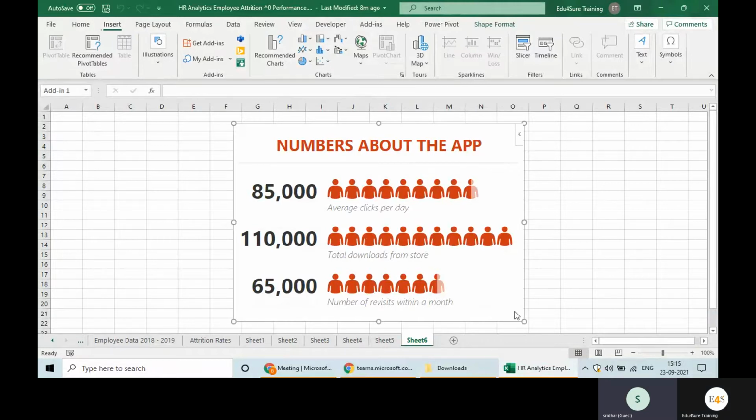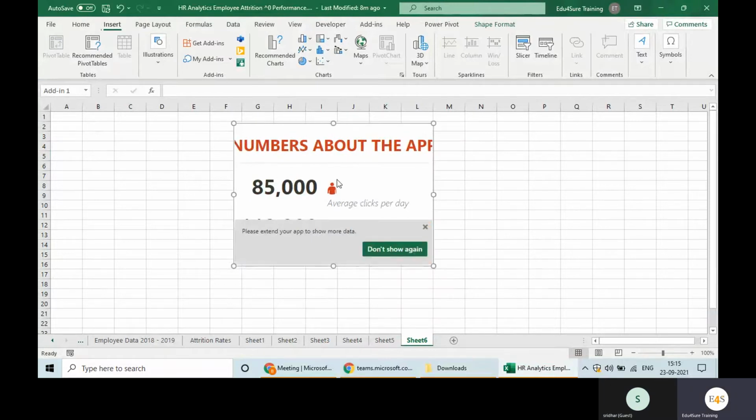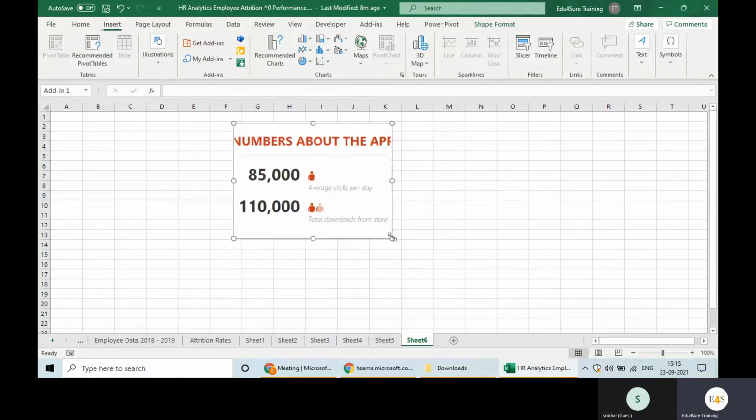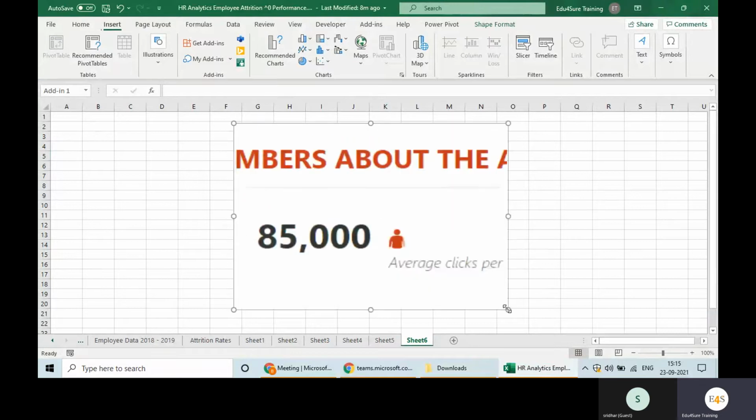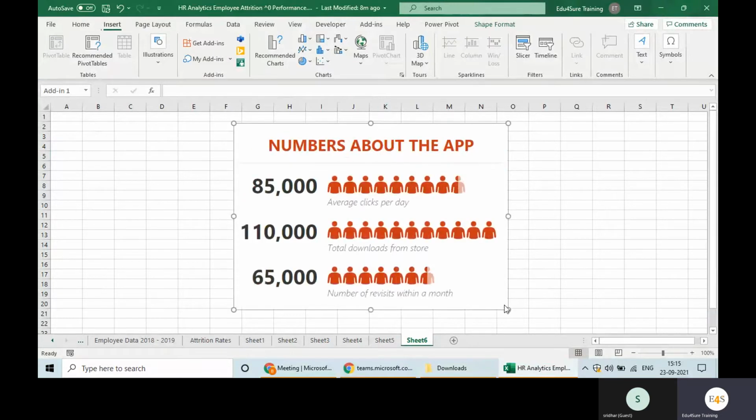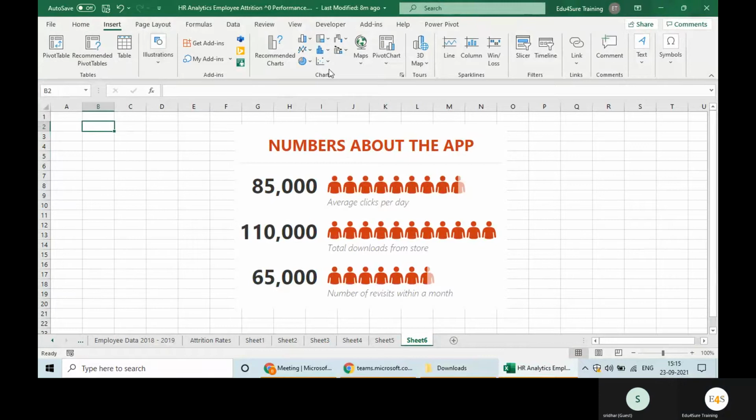Now you will notice one thing: when we are reducing the size, the text font is not getting changed. In fact, we are losing the data. If you are making it smaller, you are just able to see 85, but not other data. So the shortcoming of this visual is it will always remain of this size. And if you are planning to put it on a dashboard, it's going to take a lot of space. So the other way of using it is to take shorter data. Like for example, here you are taking a pivot table.